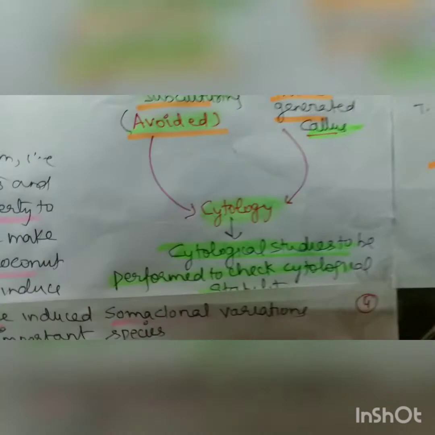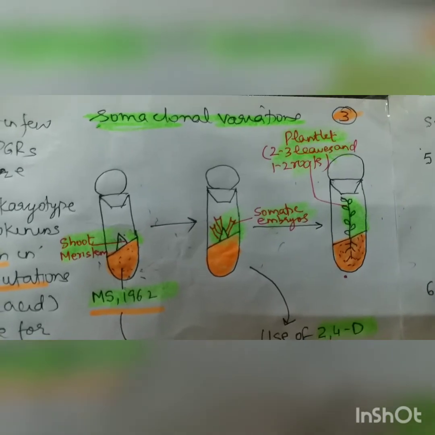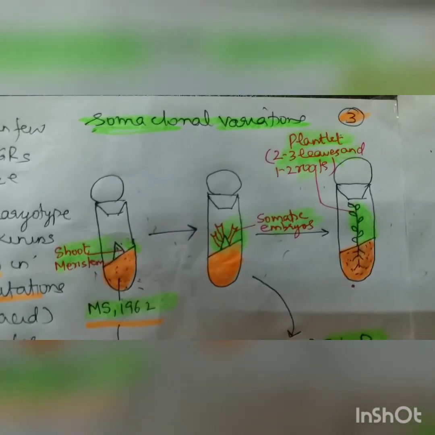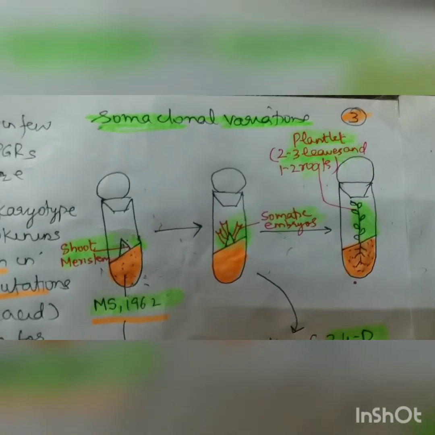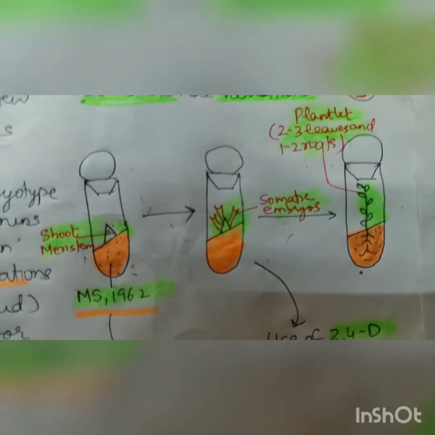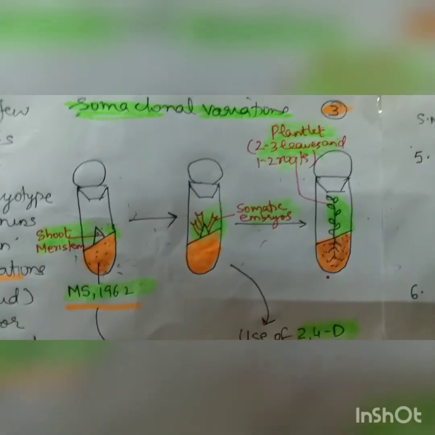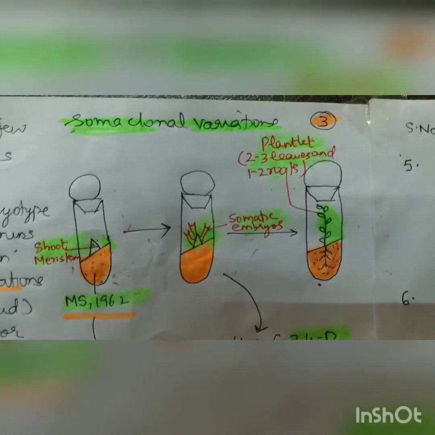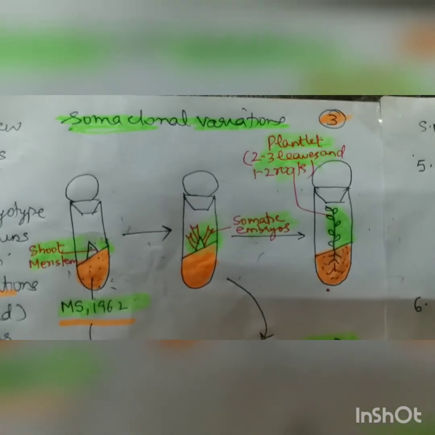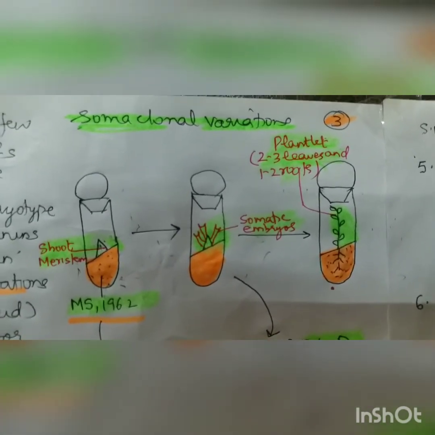If not avoided, cytogenetic changes will occur. To get the first phase, that is direct somatic embryogenesis, we use shoot meristem. That shoot meristem should be not below 5 centimeter, 2 to 2.5 centimeter. After that, 50% of cells become diploid till 5 centimeter, and till 20 centimeter 85% is diploid. That is due to endoreduplication and results in haploids, not diploids, tetraploids and polyploids.